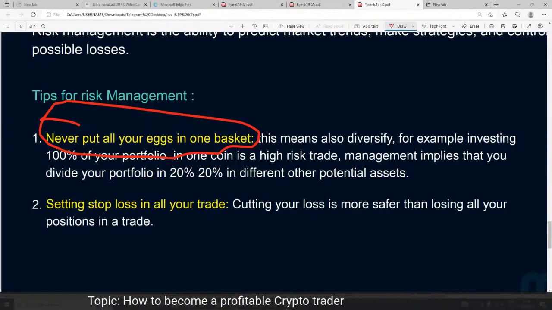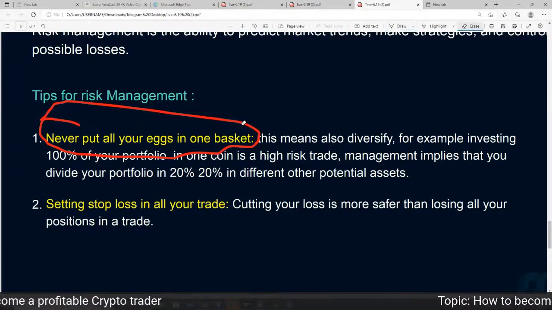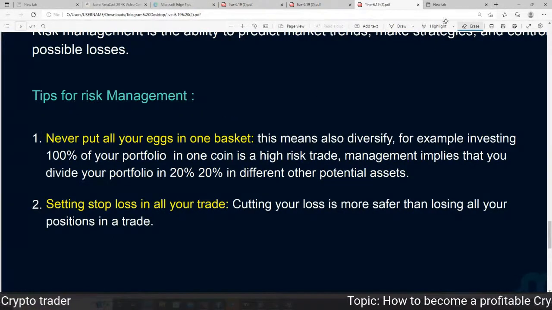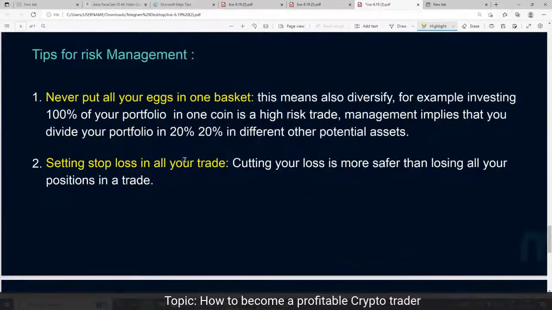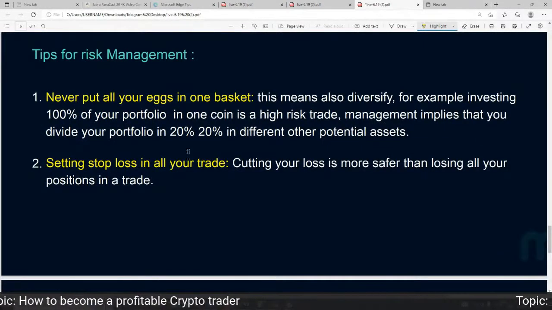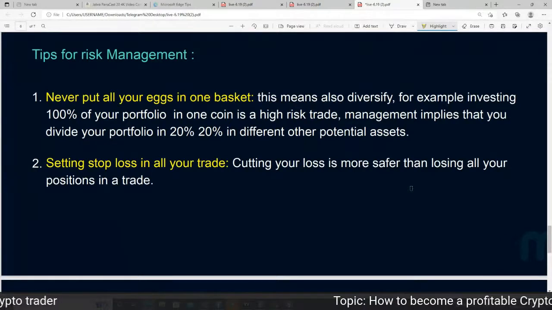Use your stop loss. Use your stop loss. How can I say this in your ear? Use stop loss. Now, some people don't know that there is a way to use stop loss in spot trading. They think when we say stop loss, we are just talking about futures trade alone. No,